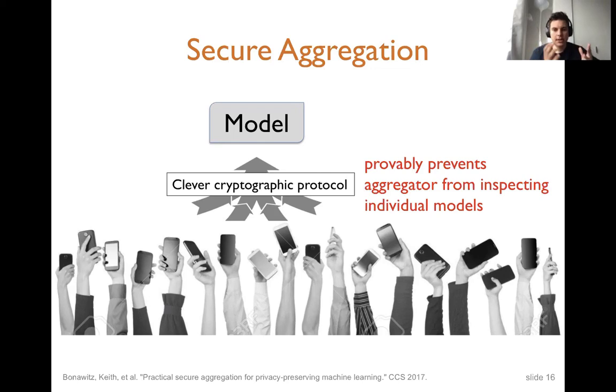So there is a secure aggregation protocol that provably prevents the global server from knowing what everyone submitted, and only shows the aggregated sum of all the models, which makes the attacker's job even easier, because there is no way to find out who submitted what.